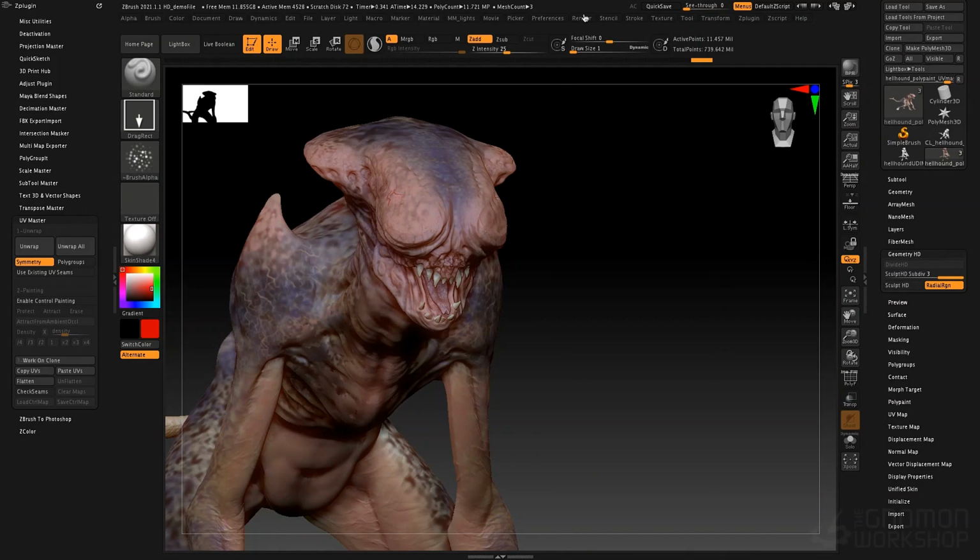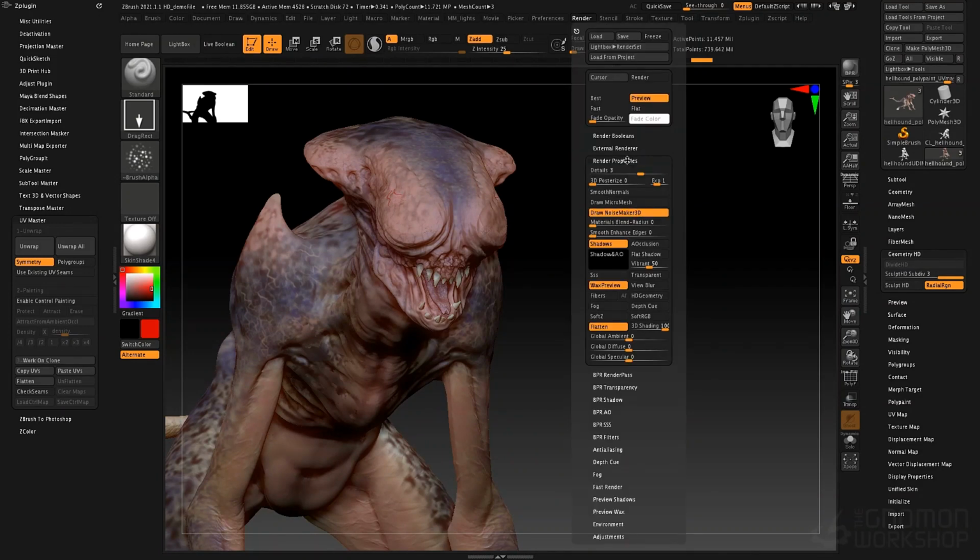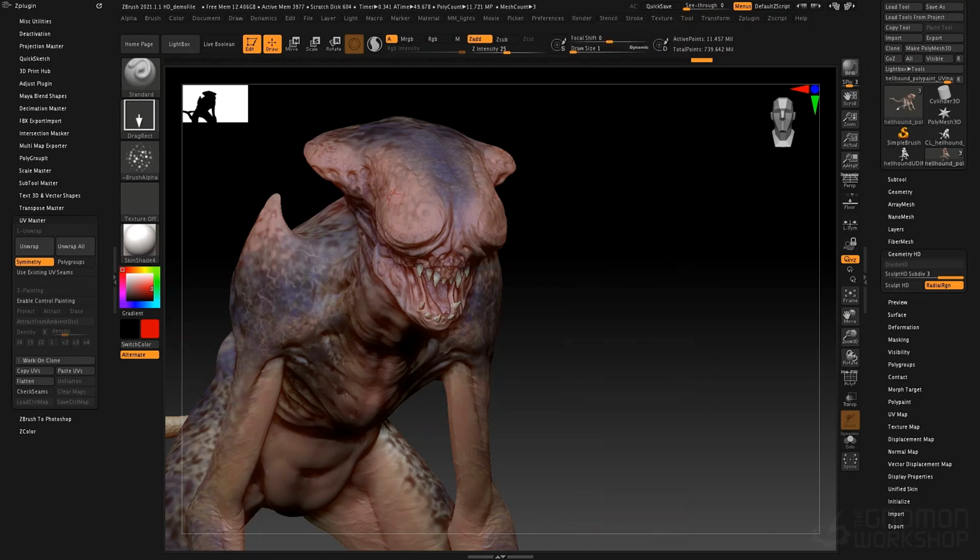If we go to the rendering menu here and open up render properties, if we're going to do a BPR render, we want to make sure that we render our HD subdivision levels as well. And so that's going to be HD geometry right there. So if we turn that on, when we do a BPR render, it will actually render our HD subdivision levels. Now, this will work, HD subdivision levels will work with other texturing tools inside of ZBrush,